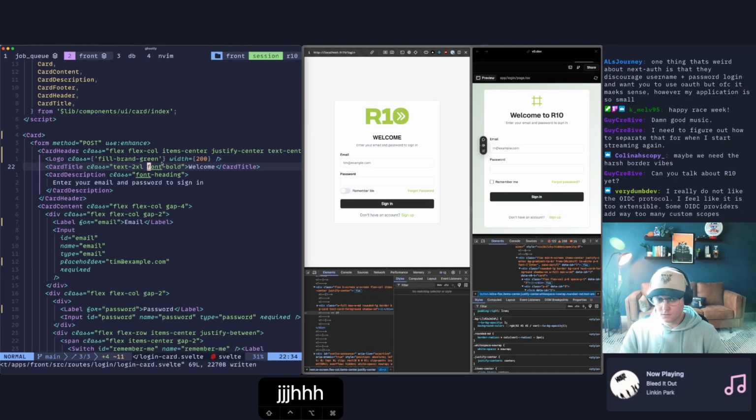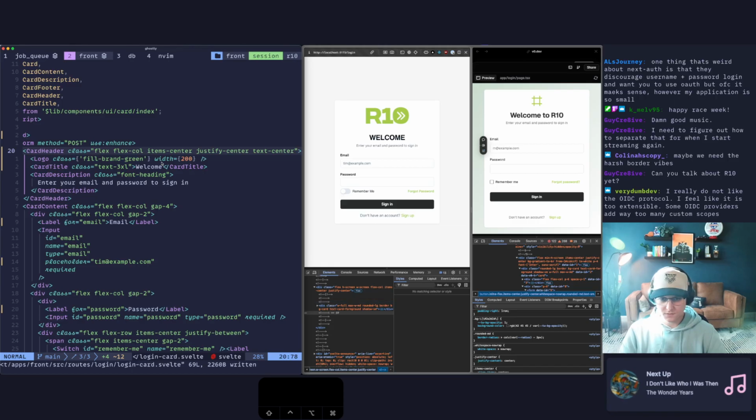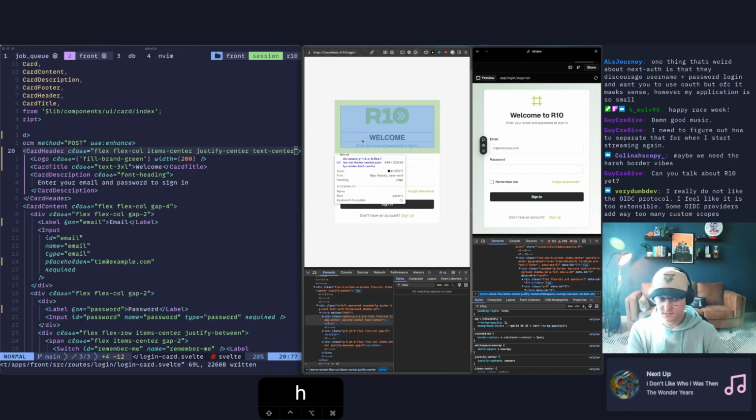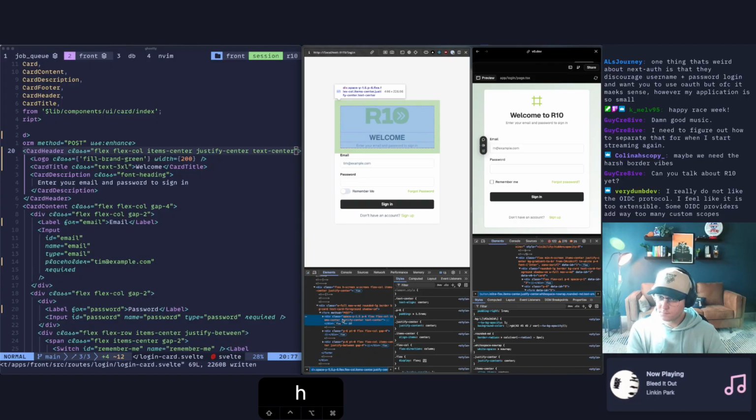Font 2XL. We can probably make that 3XL. Let's delete that for now. And there's probably some sort of gap on the card header. Oh no, this div,